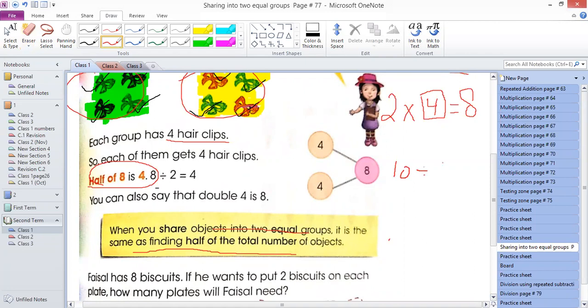Half means 10 divided by 2. Half means you will divide 10 into 2. One group of pencils will be yours and another group of pencils will be your sister's. So 10 divided by 2, you can check first with the table of 2. 2 multiplied by what will give you 10? 2 1s are 2, 2 2s are 4, 2 3s are 6, 2 4s are 8 and 2 5s are 10. That means 10 divided by 2 is 5. So you will have 5 pencils and your sister will also have 5 pencils.